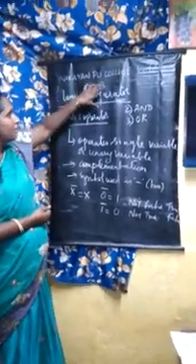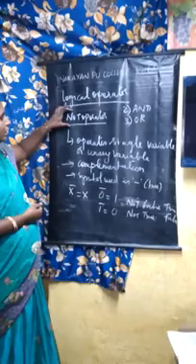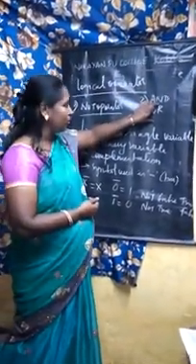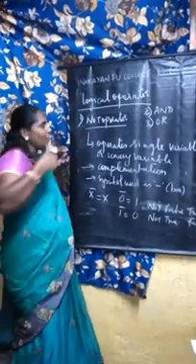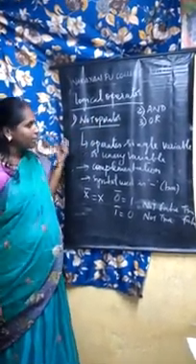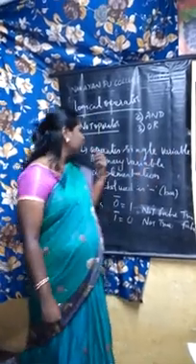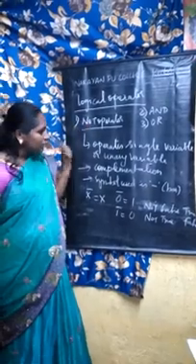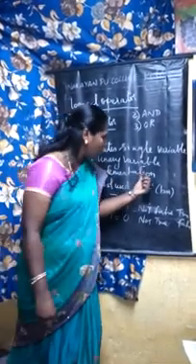Next topic is logical operators. In this, there are three types of operators. One is the NOT operator, second is the AND operator, third is the OR operator. First we will see them one by one. First one is the NOT operator. The NOT operator, which operates on only a single variable, a unary variable, is also called the complementation operator.